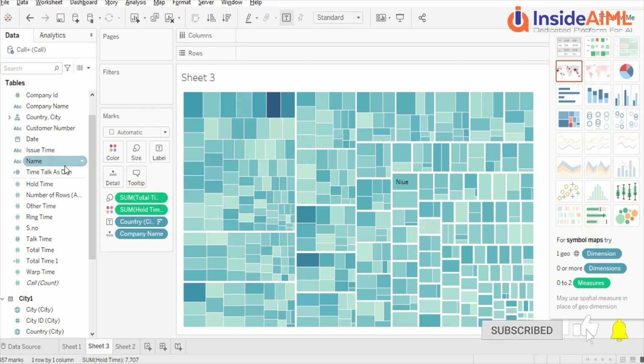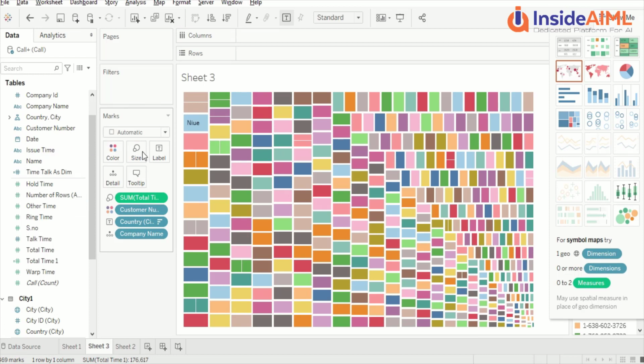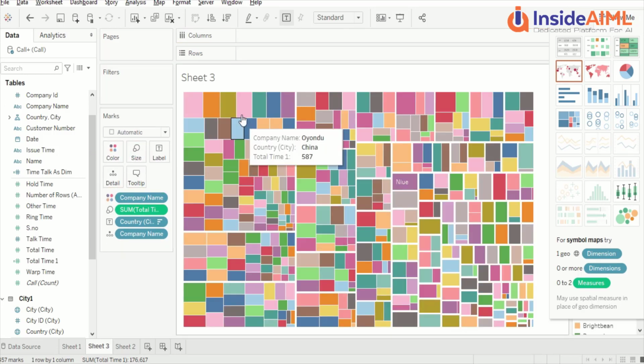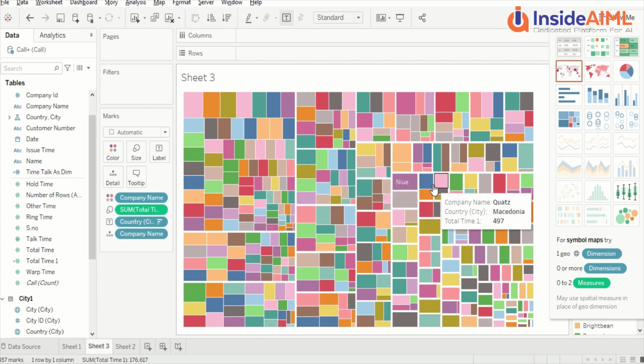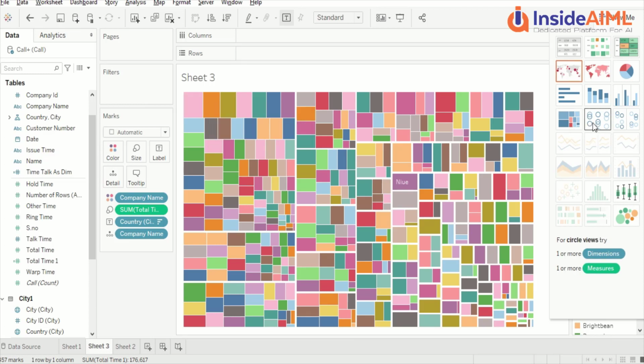And now you have various options, like you can drag certain other things onto colors and do it. Like I can drag customer name, and the visual may change based on what I dragged onto this one. So maybe we can drag customer name, then company name. Okay, so this one, different companies get different colors, and all those things can be there. So this is one more visual, the tree map. And we are going to explore it further when we go into the depth of Tableau and look at what all options we have around this particular visual, and how we can get labels and everything.